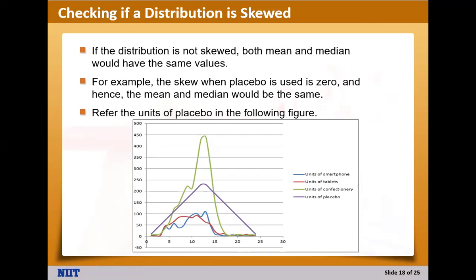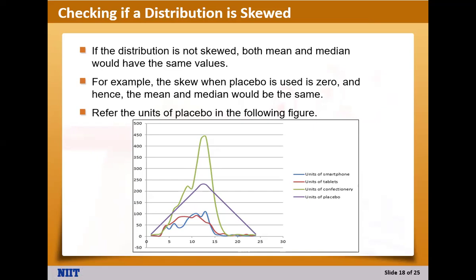Now, when you look at that, they are representing 4 graphs here. We have the one for smartphone, which is the blue one here. Then we have the one for tablets, which is this red. Then we have the one for confectionaries, which is this green. And placebo, I think this color is purple. Apart from placebo, the other ones are not balanced. Some skew, most of all of them skew to the